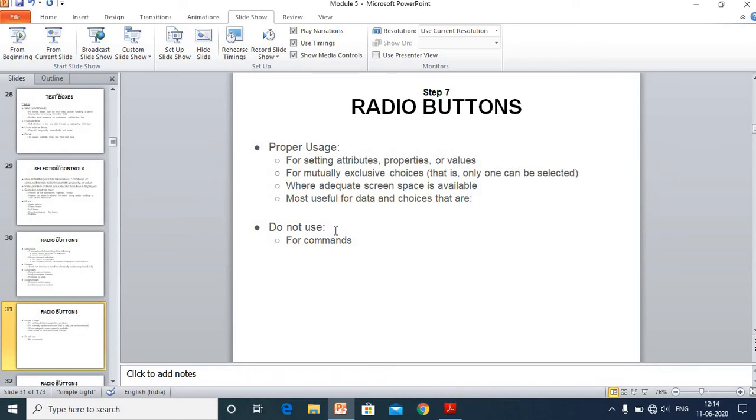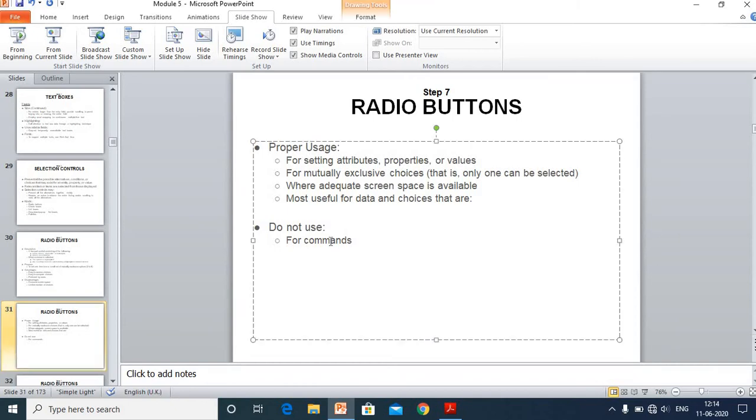Then most useful for data and choices that are used. That means we can use these radio buttons to select the data and choices we want. Then one don't: for commands we cannot use radio buttons, so that is one of the disadvantages we can say.